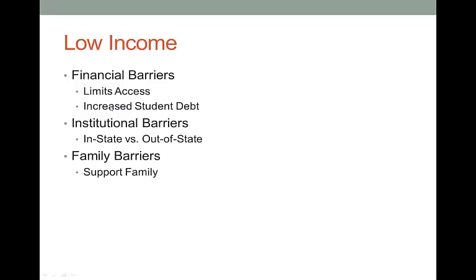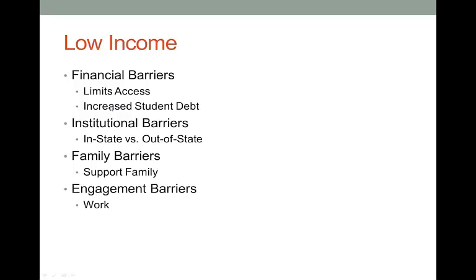The other piece are family barriers. Families may not necessarily understand what it means to support the student in terms of low income, and they may not be able to. So if a student calls home and they need $20 for something, but their family literally cannot give $20, that can create some additional barriers. It may prohibit the student from engaging in activities. Fraternities and sororities are immediately off the table. So there's a lot of different things that fall into play here for family barriers and low-income students. And they just may not have the financial support to do certain things.